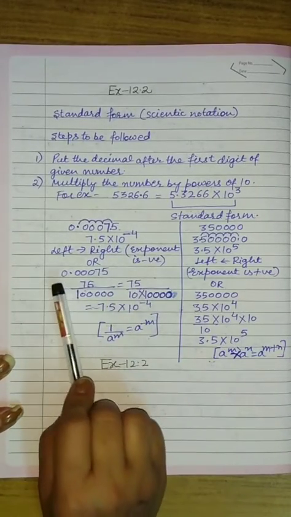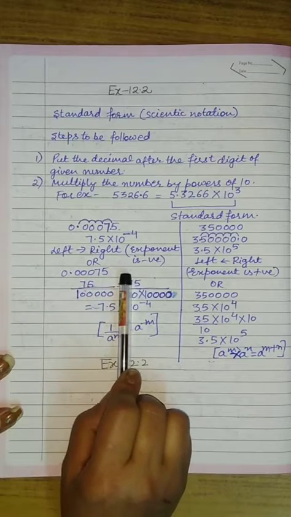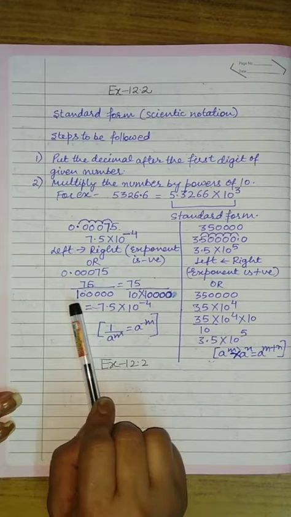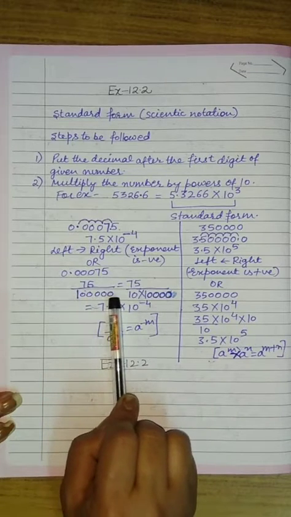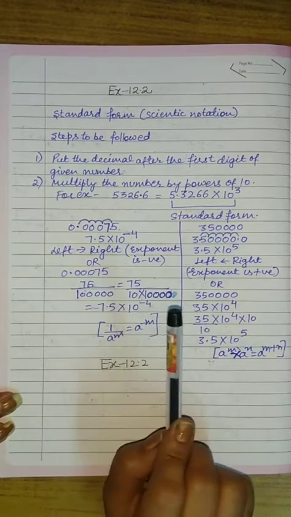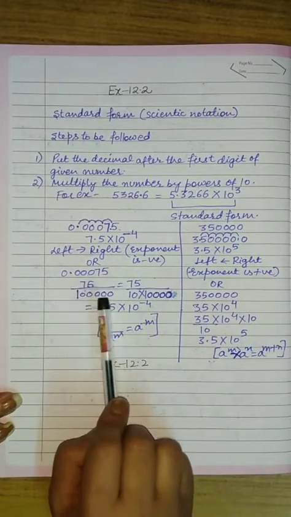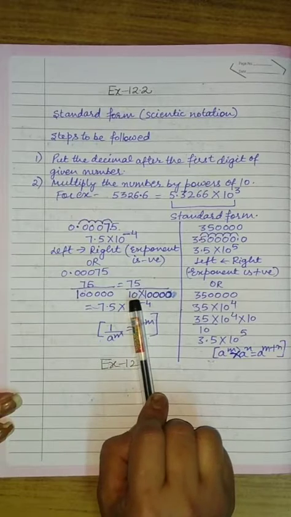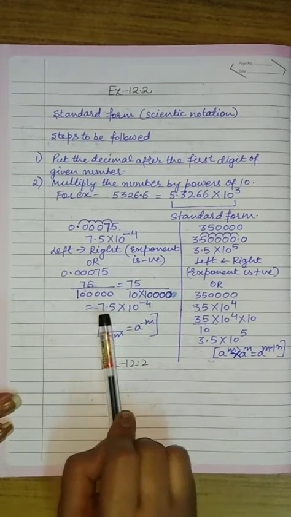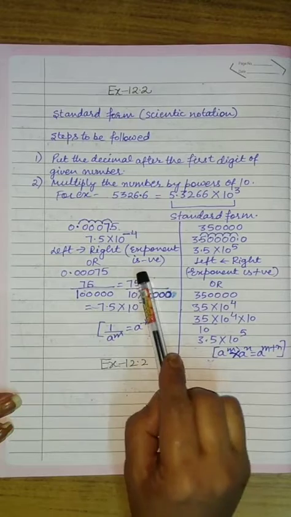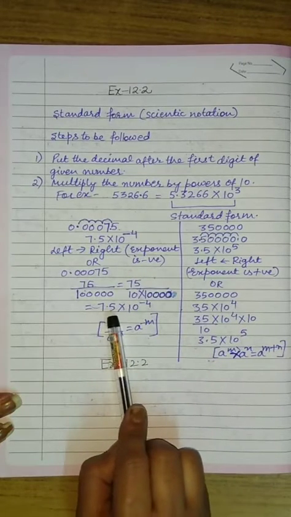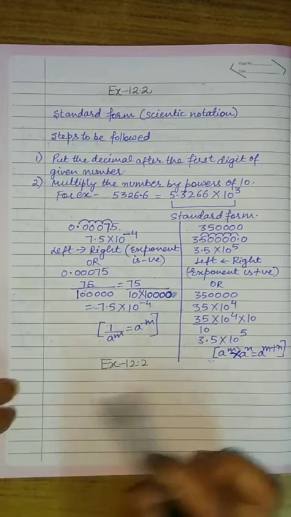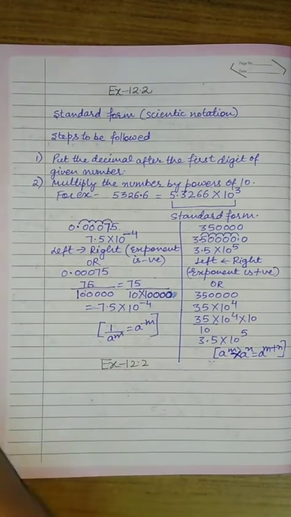See, the number was 0.00075. When I remove the decimal, I get 75 upon 10 followed by 5 zeros. Then I want to put the decimal after 7. So I will keep one multiple of 10 in the denominator to place the decimal. So 75 by 10 will become 7.5. And the other, how many zeros are left? 1, 2, 3, 4, which can be written as